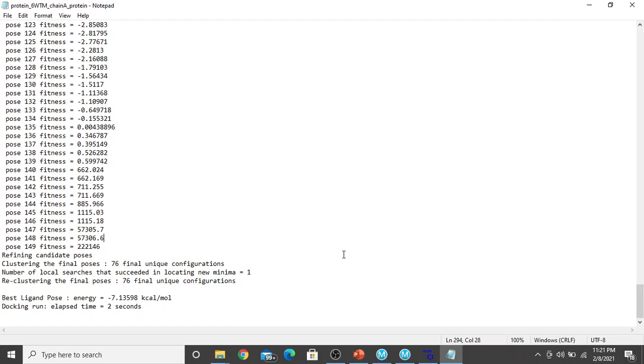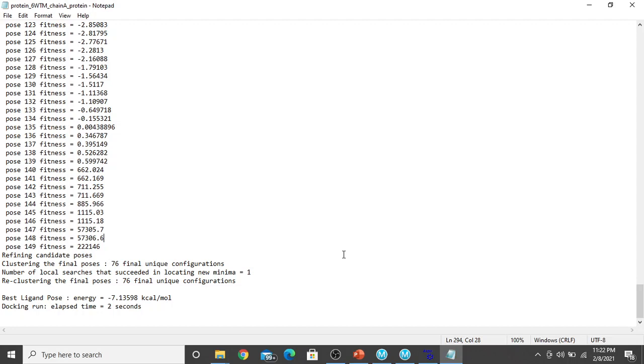That is, a compound with a binding energy of -10 or -9 will be more active towards the target than any compound with -5 or -6. Okay, so usually -6 and below, means -6, -7, -8, can be taken as a good value of binding energy.